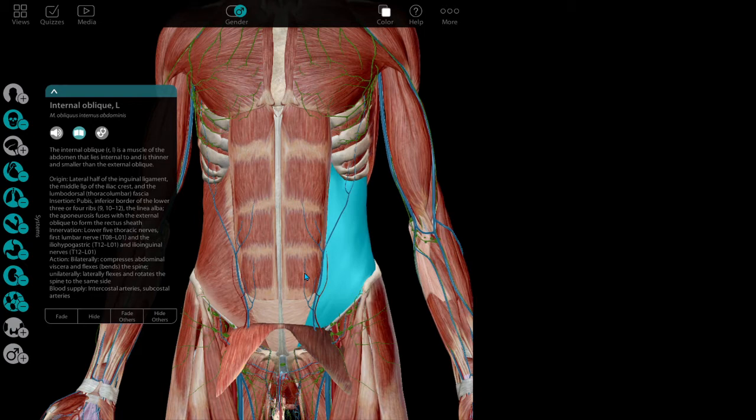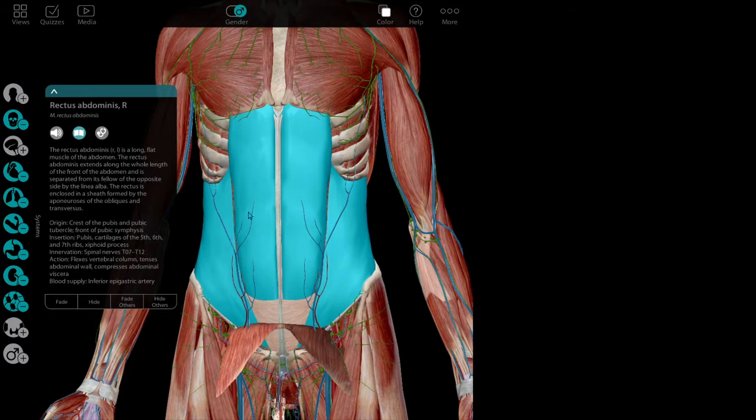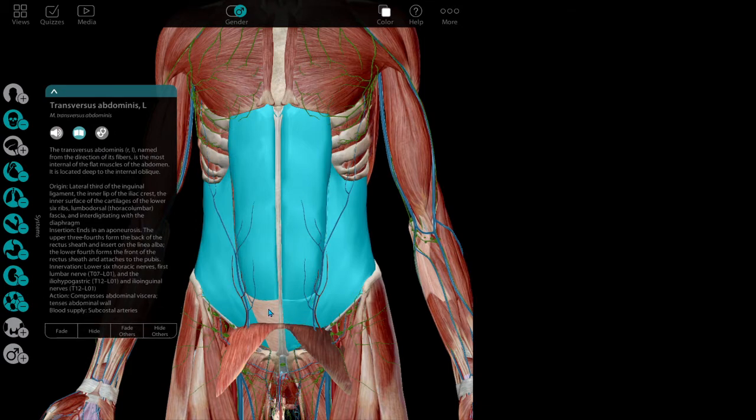So the two help each other in performing their functions, but on the opposite side. For example, if you want to rotate your body towards the left side, it is your left internal oblique that does that together with your right external oblique. Okay? Then, if you are going to remove this one,